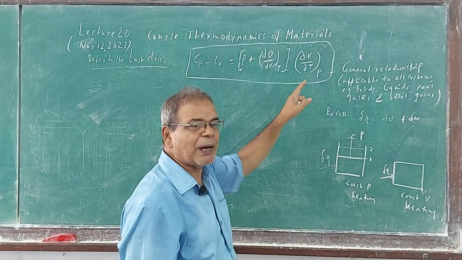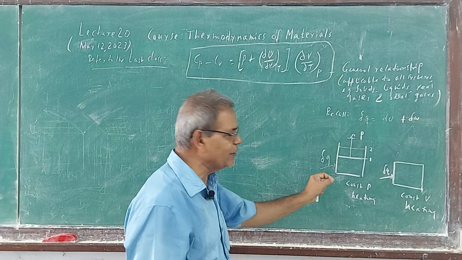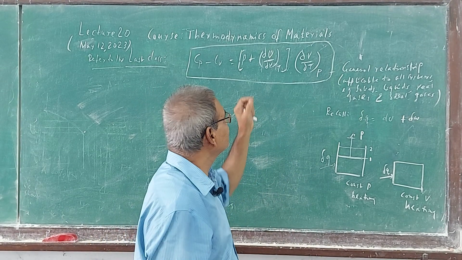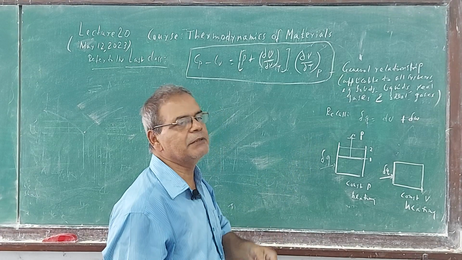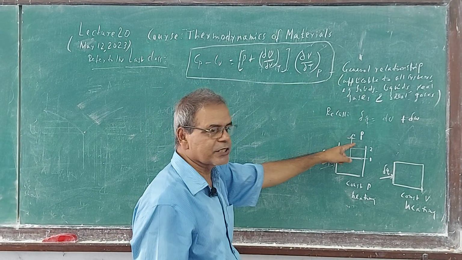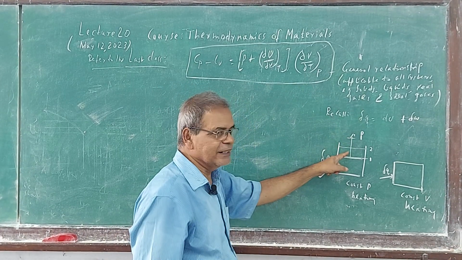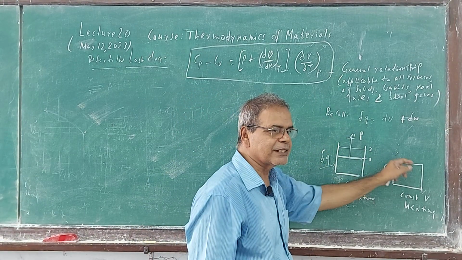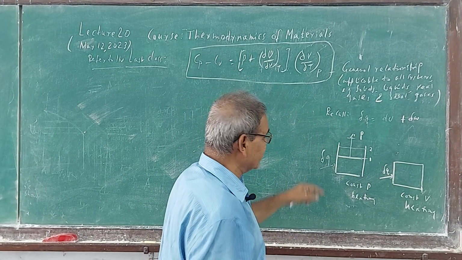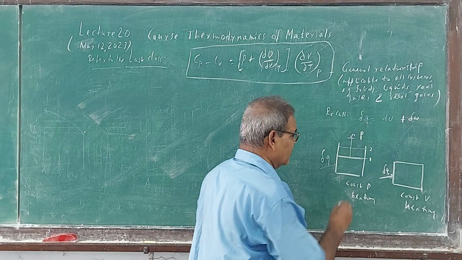By dT we mean per unit rise in temperature. When there is a dT rise, there is PdV, so for unit rise, PdV by dT. Here in constant pressure heating it is greater; in constant volume these are absent. One is the PdV, the external work. Another is